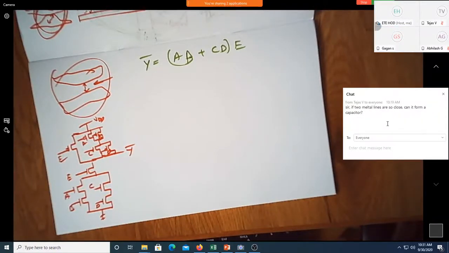If two metal lines are so close, can it form a capacitor? It will form a capacitor. Of course, there is a chat question. It will certainly form a capacitor, but I don't want that capacitor. Because those two metal lines are separated by the oxide, they are actually called interconnect capacitors.